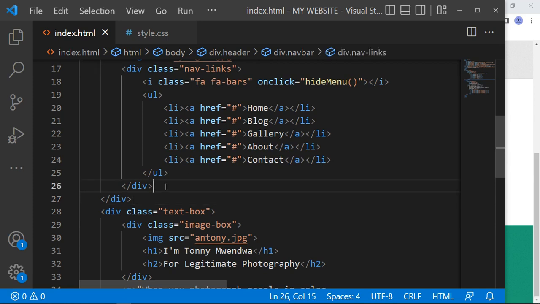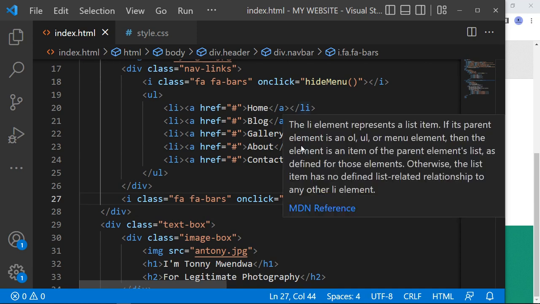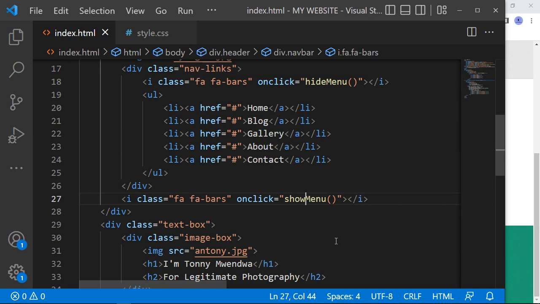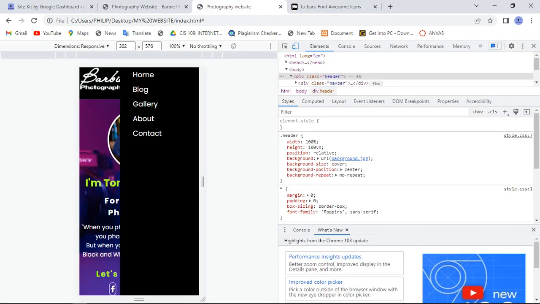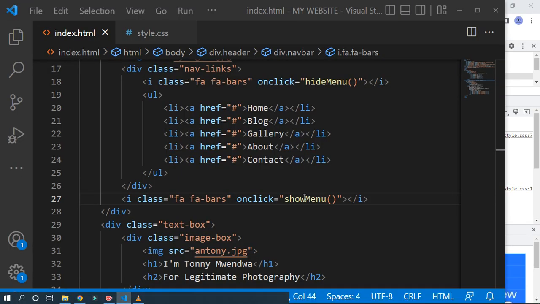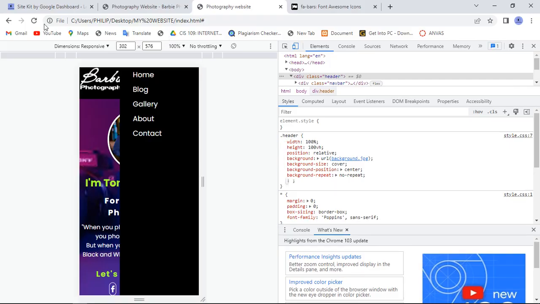Just below here we'll paste it there. Then this one we will change to show menu, just above and then below the URL there. Okay, amazing. So that's how. Then, sorry, this is show menu. This one will now be the times and all that. So if we click on refresh,